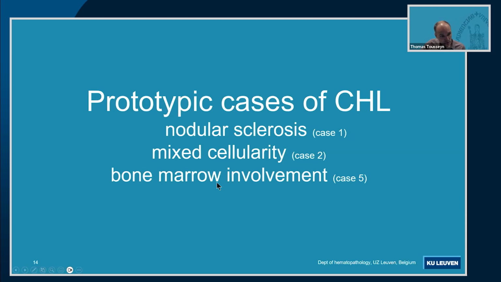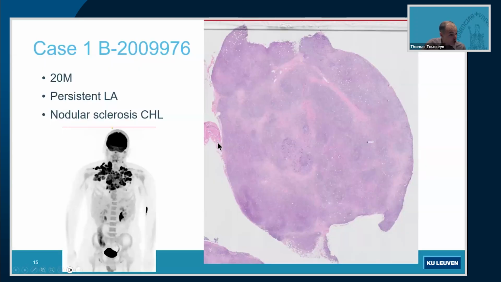At this point, we don't do bone marrow trephines in the staging of Hodgkin lymphoma anymore, as our nuclear medicine specialists are very good in detecting bone marrow involvement using PET scan. So case 1, very quickly, is a very typical case. It is a young male with, as you can see here,